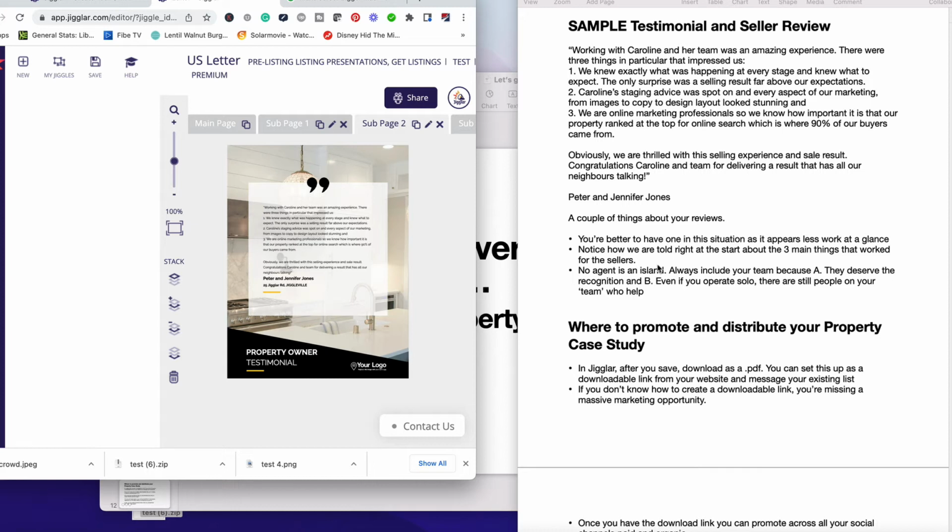Working with Caroline and her team was an amazing experience. There were 3 things in particular that impressed us. We knew exactly what was happening at every stage and we knew what to expect. The only surprise was a selling result far above our expectations. Number 2, Caroline's staging advice was spot on and every aspect of our marketing, from images to copy to design